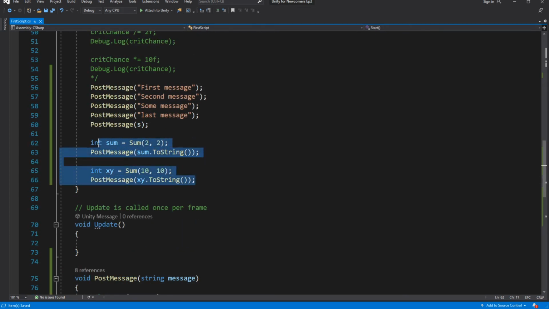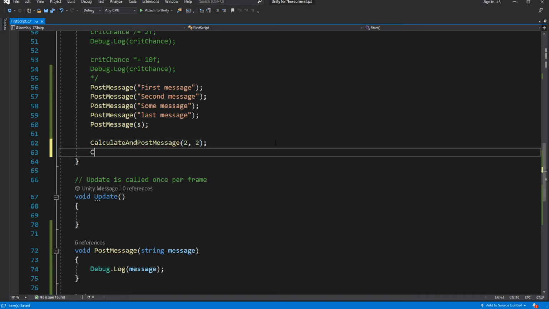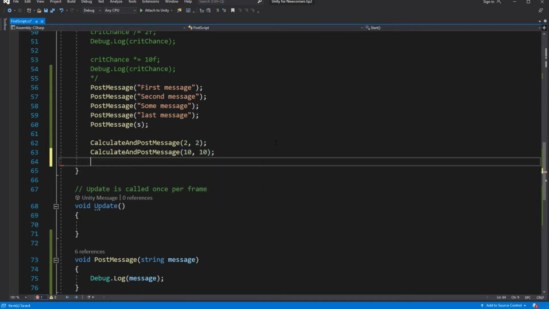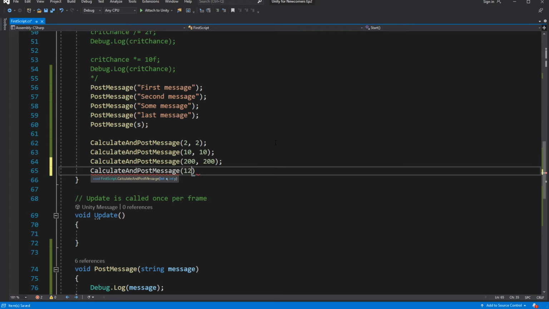We can replace this with just this new method. And let's test this.